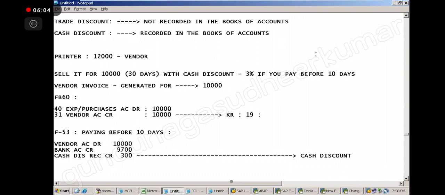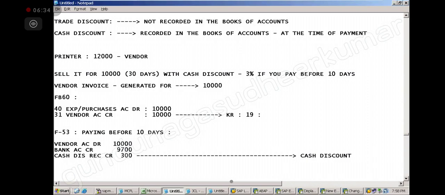So the invoice is recorded, and the discount we get at the time of payment. That is the cash discount. The trade discount is generated before the invoice.